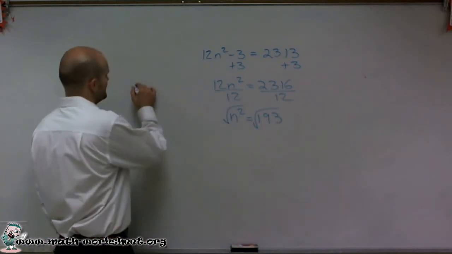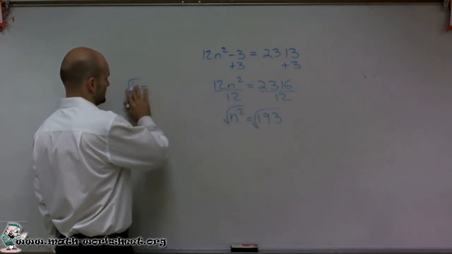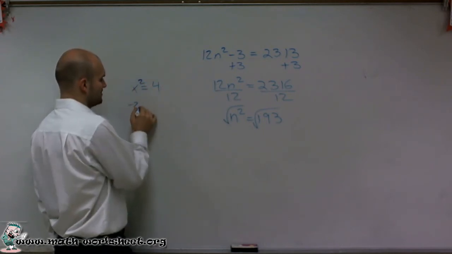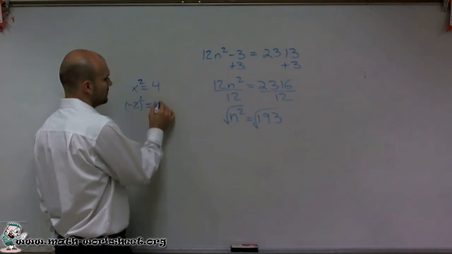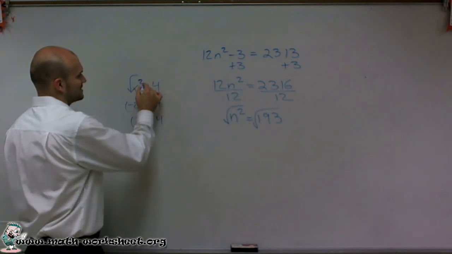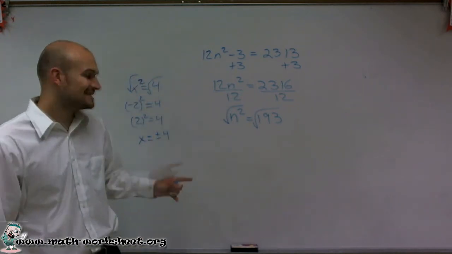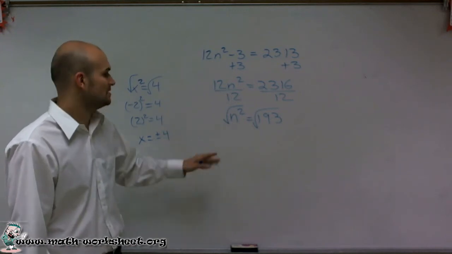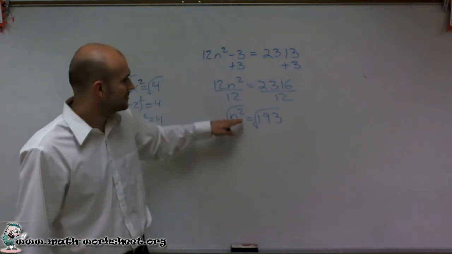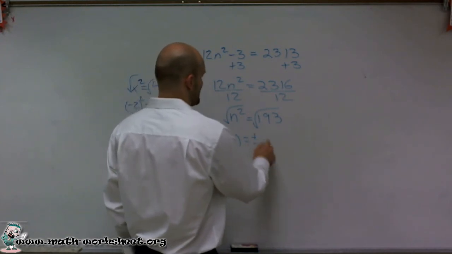However, let's say x squared is equal to 4. x could be negative 2, since negative 2 squared equals 4, and 2 squared equals 4. So when I solve this, I want you to make sure you include the positive and the negative value for your answer. Therefore, when I introduce the square root into a problem, I'm going to take n equals plus or minus